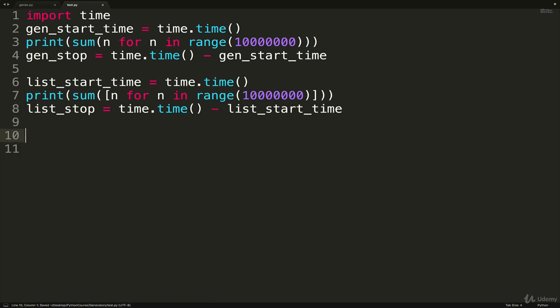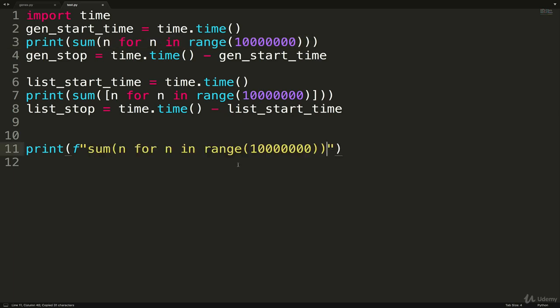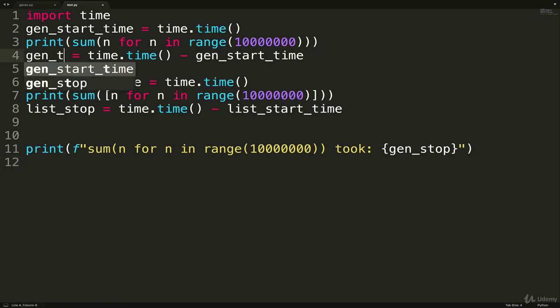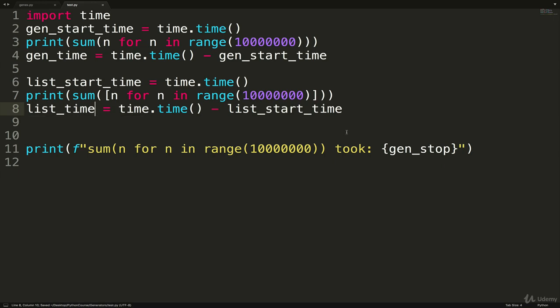Okay. Lastly, let's do a print f string. And do we want to put this whole thing in there? Sure. Let's take this: took colon, and then we'll do gen stop. Actually, technically stop is not the right word for that. Let's just do gen time and list time.